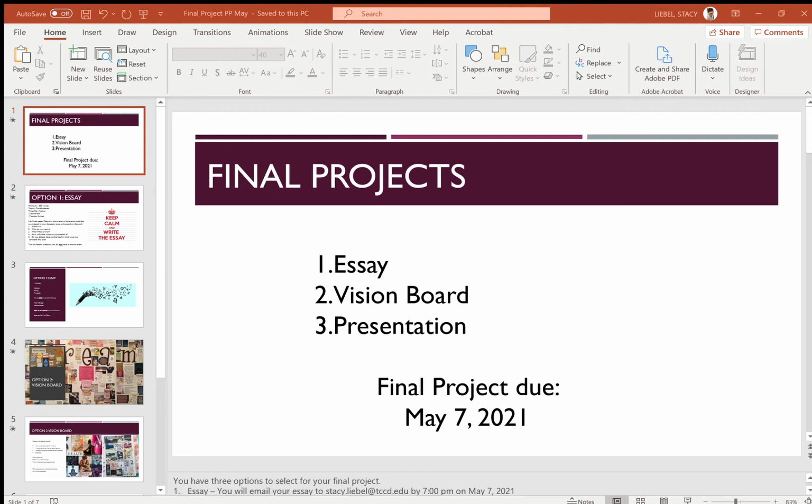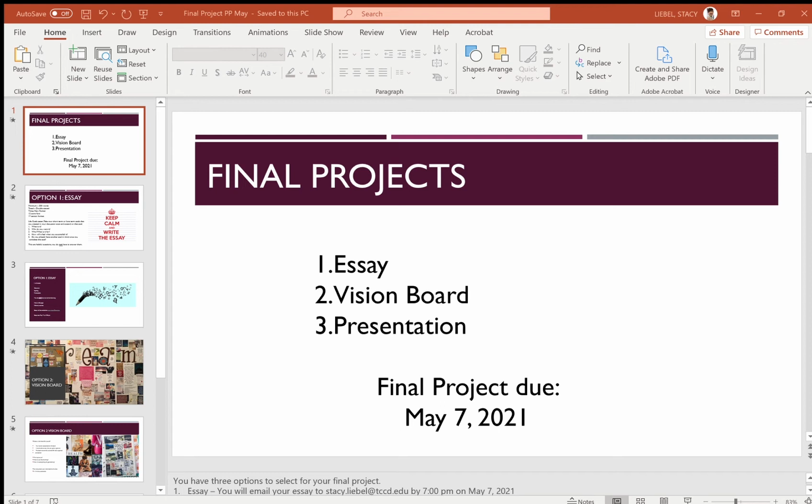So the vision board. What I'm showing here are two examples. So the example on the left, where it talks about health and yoga and meditation, that is what I call a digital vision board. So everything is pulled directly from the internet, and then you create a vision board that you will discuss and share this information with the class.